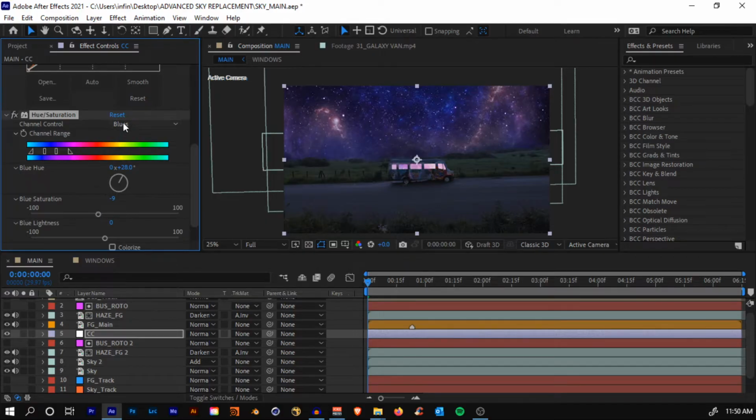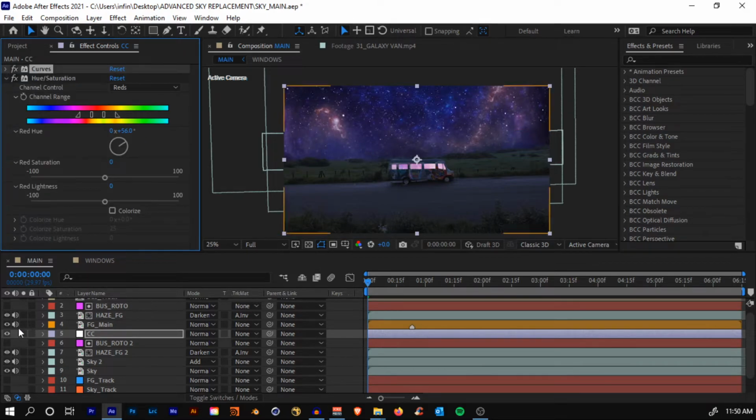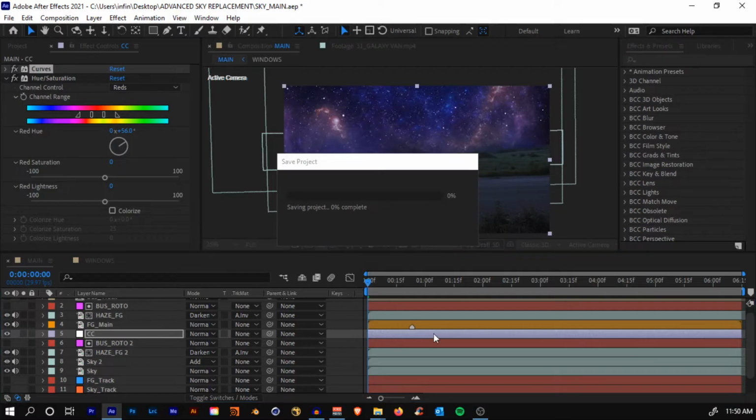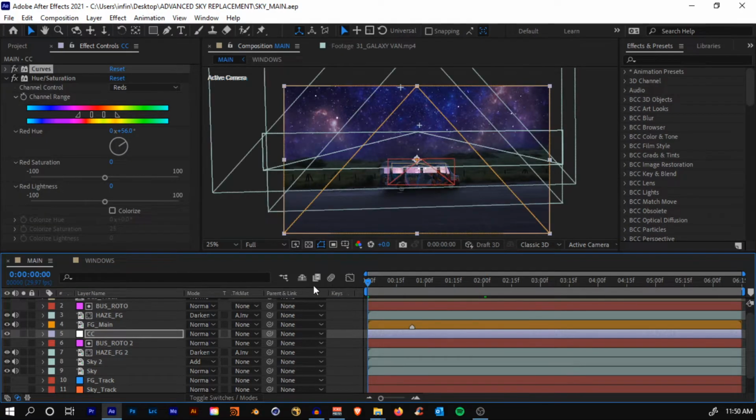And also come to the red channel, and I'm coming to my curves back and I'm just going to increase this a little bit. So here is the before and here the after, just adding a little bit of contrast to our scene back there.